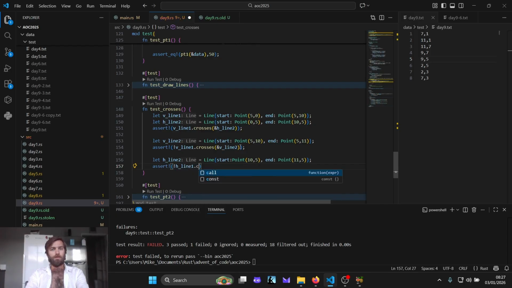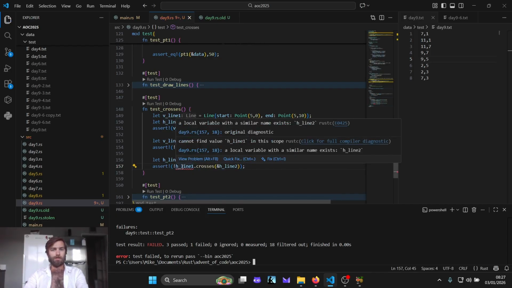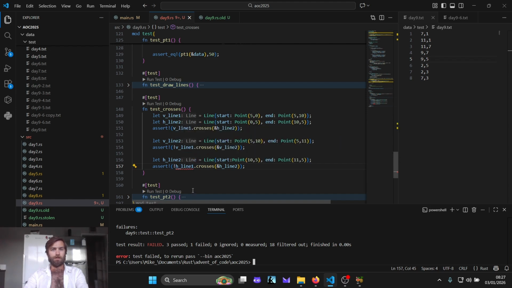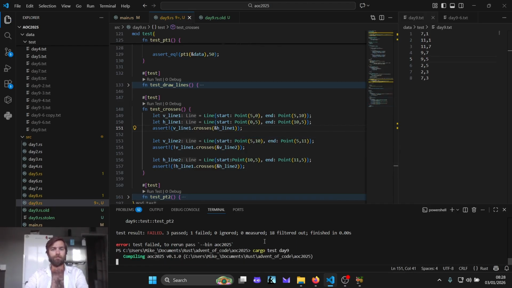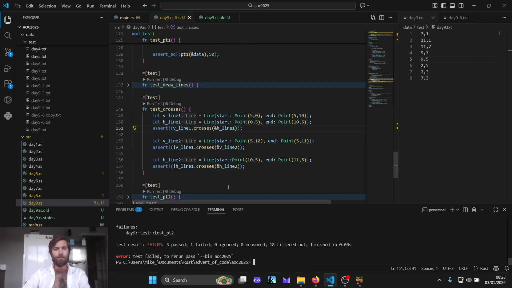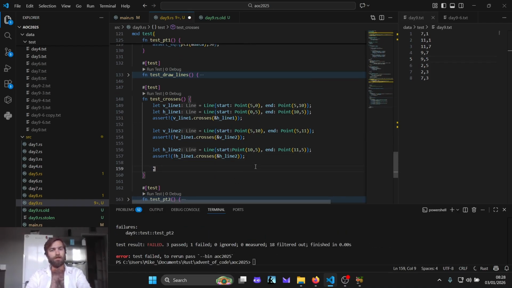And H line 1 crosses H line 2. That passes. Great. Now I need to let H line 3 be a line that does not cross the vertical